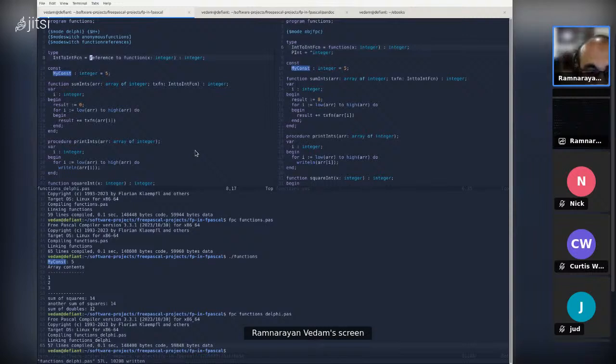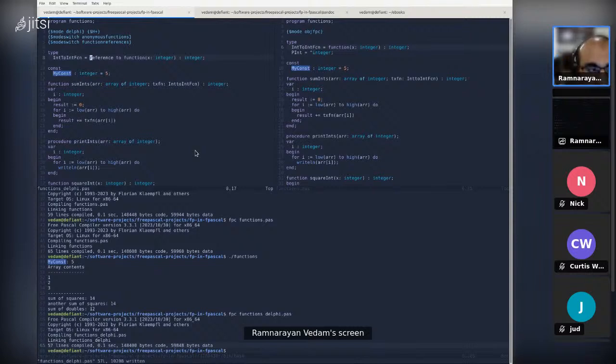So function pointers also work in Delphi, but in addition to that, function references, which is basically providing an alias to the function pointer, the location. So you can think of this as yet another name. Whatever you assign it to is yet another name that can then be used internally as a function, but you're not actually pointing that reference.